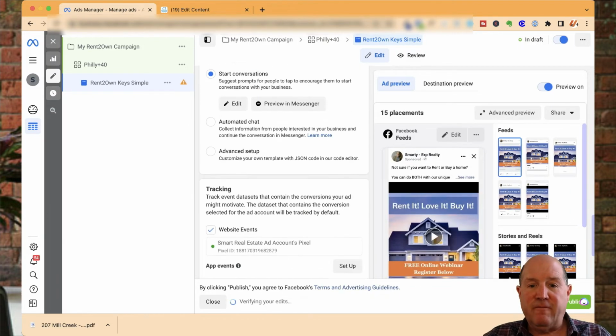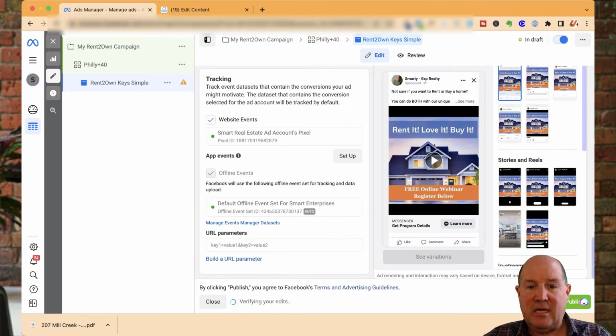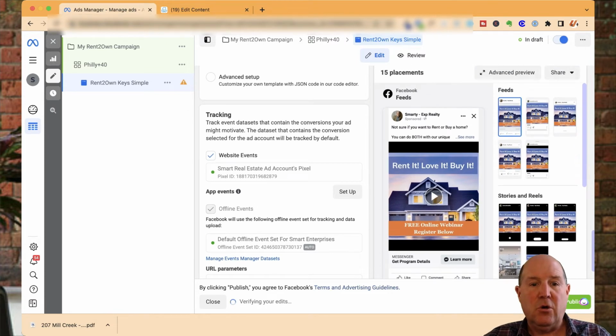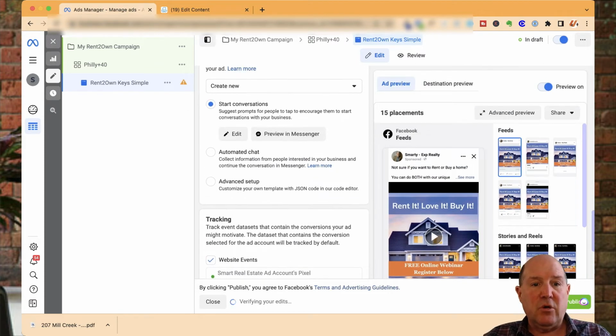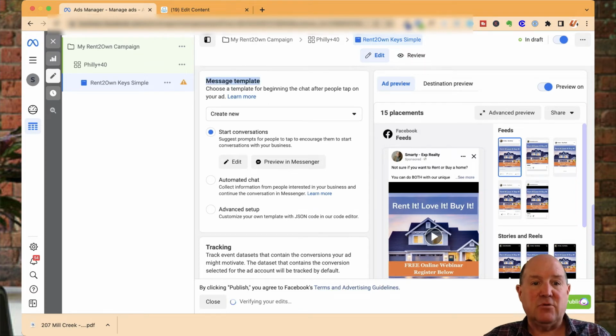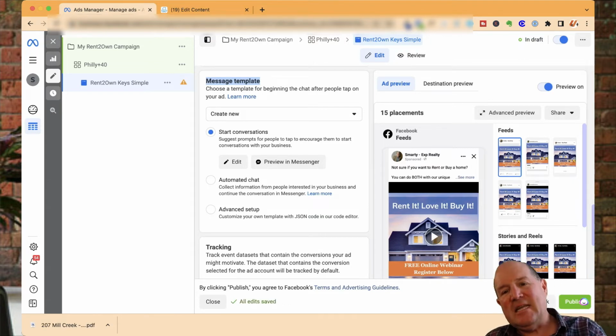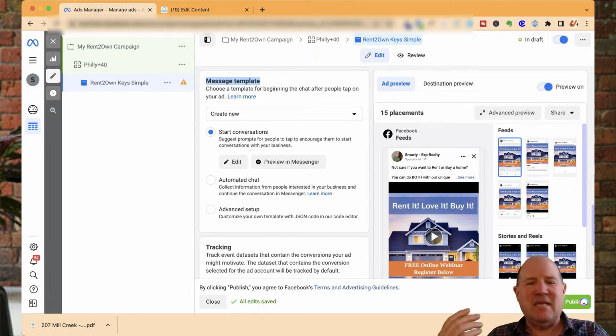So if I come over here for a second, this is what the ad looks like. Get program details. It has a video. And then down below is where you're going to do your messaging template. So this is where ManyChat comes into play. What we're going to do is we're going to go into ManyChat and get the JSON code, and we're going to place it here on the ad. So when they click that learn more button, you want the chatbot to open up and say hi to them